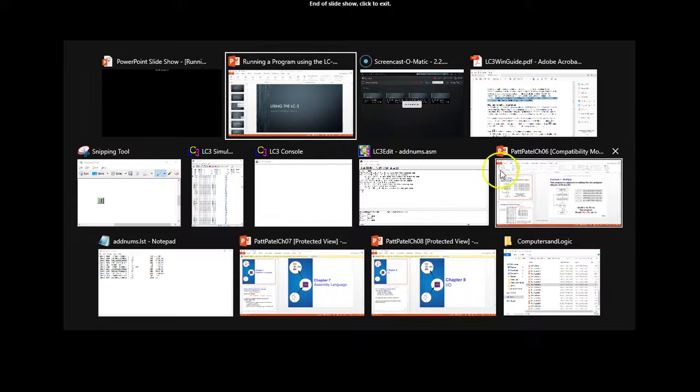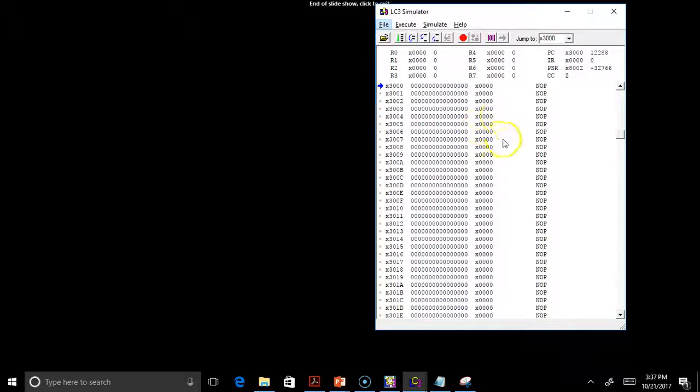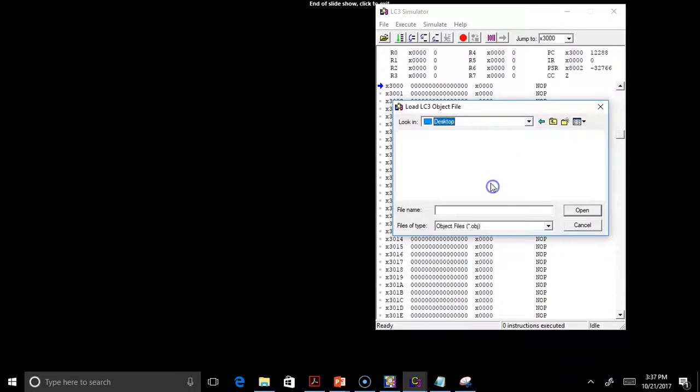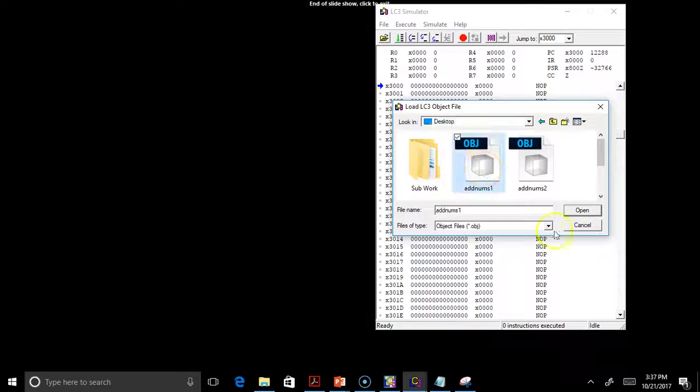All right, so that's the end of the notes. Let's go ahead and, really quickly, I want to show you what this would actually look like using the simulator here. I'm going to choose to load, off the desktop here, our file from before. So we want our addnums1.obj. When I click on open,